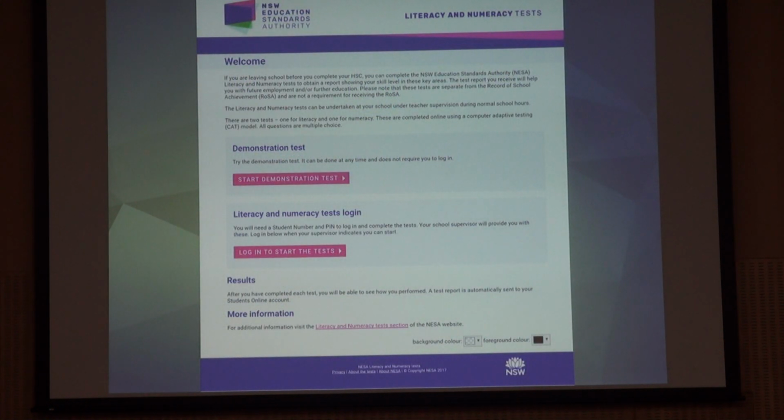And this is something that we're doing with NESA, the New South Wales Education Standards Authority, just to show that Concerto has been used outside universities in relatively medium-stakes situations. They wanted to use adaptive testing for the literacy and numeracy tests that they have for high school age people. Basically, if you want to leave school early, before the age of 18, you can do that, but you won't have any qualifications, because in Australia the only qualification happens when you're 18 at the end of high school, when you're going to university.